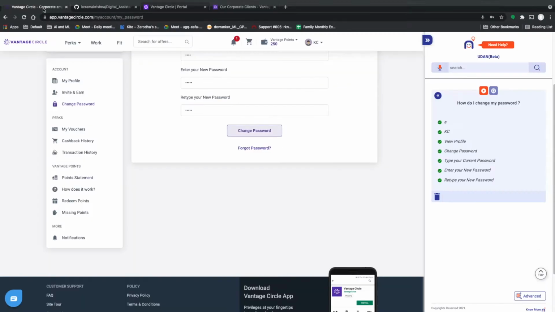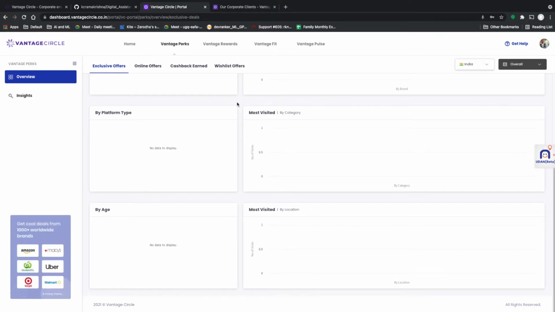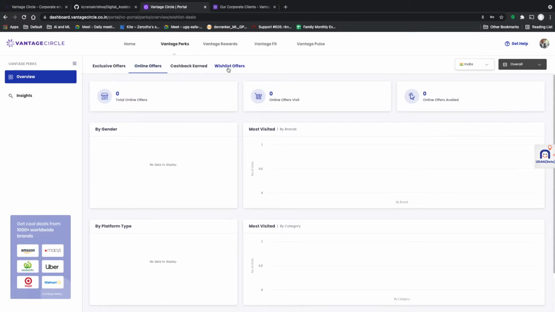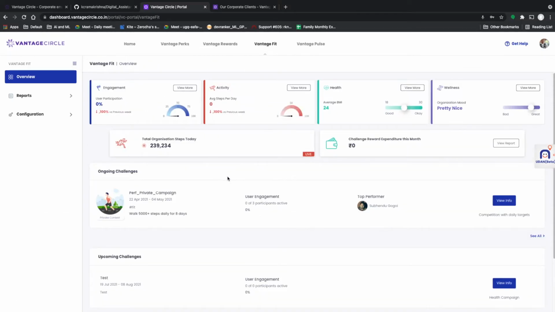Vantage Circle also has a dashboard for the HR departments of these companies. The HR departments can look at the usage of the various modules which have been enabled for that company. And even here, once this has been rolled out to the HR departments, these dashboards are fairly detailed, and it's to help the HR department find what they want. Here too, our NetApp digital assistant has been enabled.